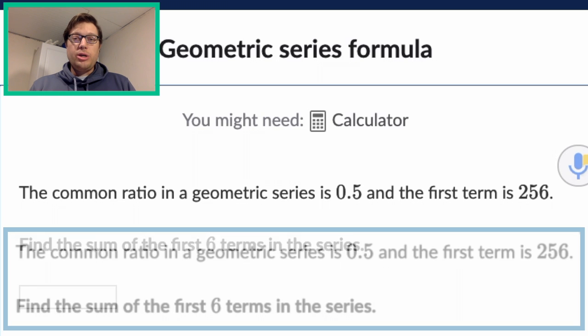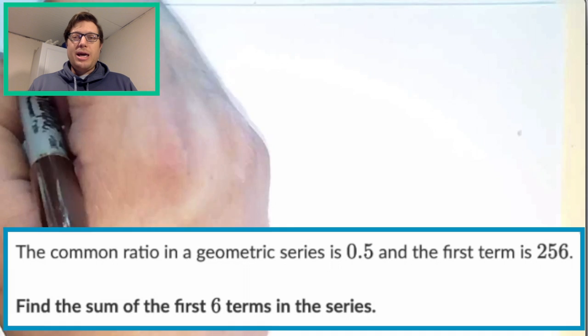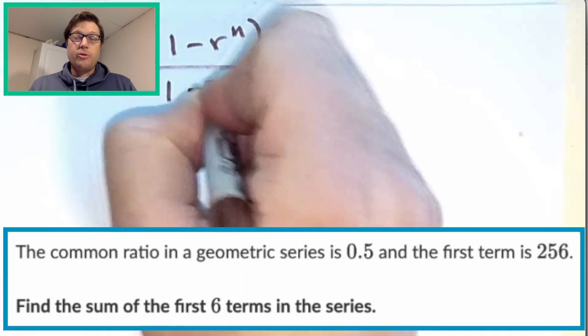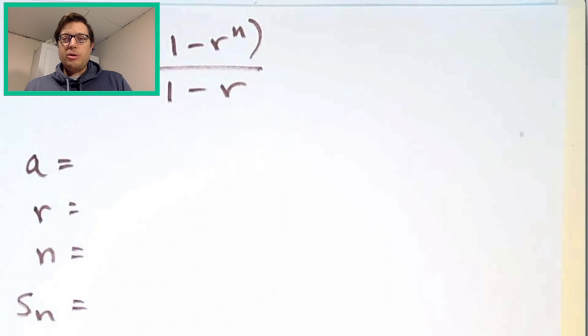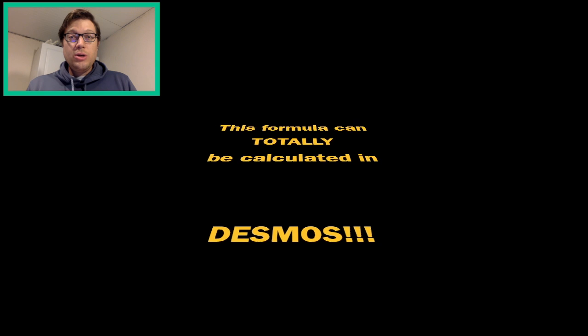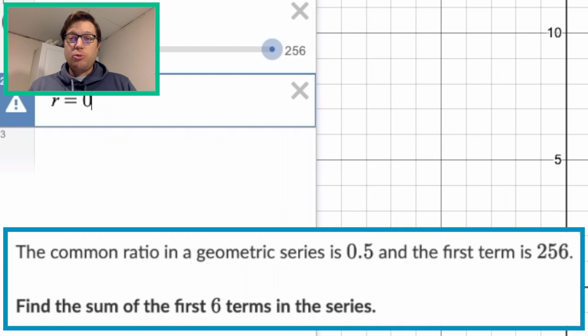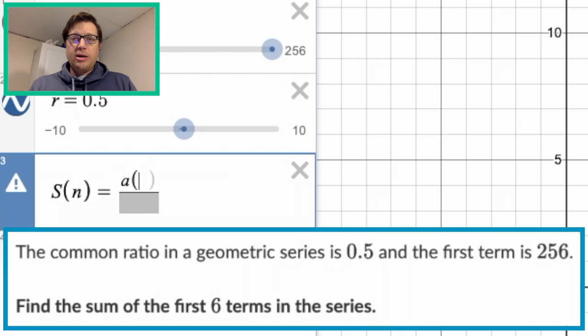And this one, again, we're going to use Desmos. Here it is. So the formula, S sub n equals a times 1 minus r to the n power over 1 minus r. That is the formula for a geometric series. And it was constructed in this video, and you can use it, but all you really have to do is just plug it in. Hey, this formula can totally be calculated in Desmos. So set your parameters in Desmos. The initial value is 256. The common ratio is 0.5. And then I'm just going to type that formula straight as it existed on the page,